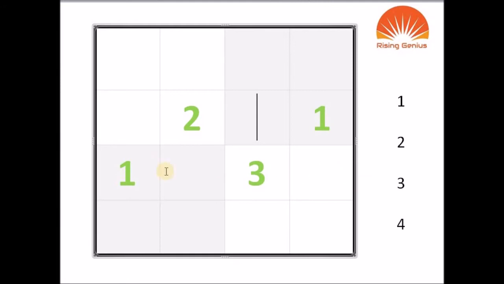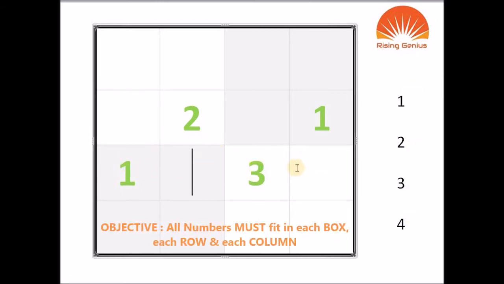So I can see that in this sleeping line there are two numbers already placed, right? So now I only have to write or find out these two numbers. So let's try what it is. You have a 2 here, so you cannot have 2 here, that much you know. Now you also know that 1, 2, 3, 4 has to fit in this sleeping line. All the numbers have to fit. So if 2 cannot come here, then 2 has to come in the remaining box, which is this,